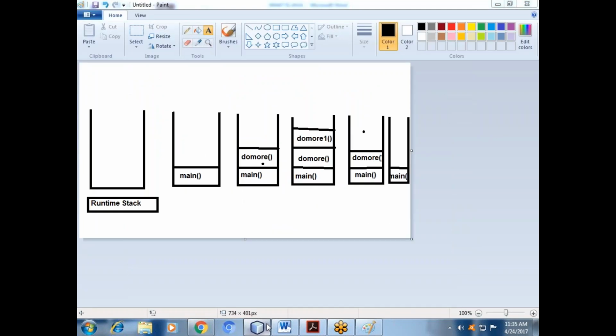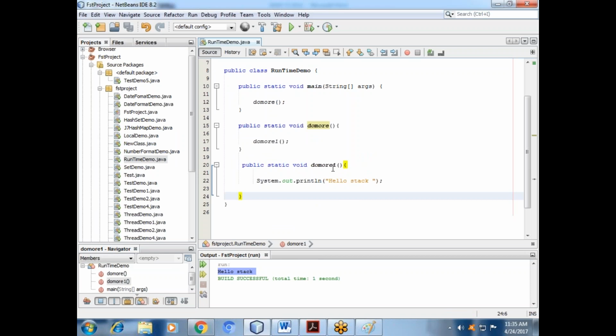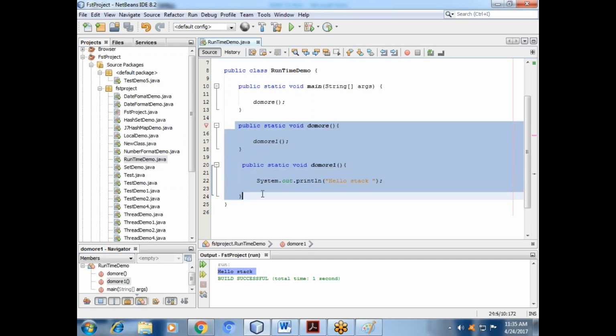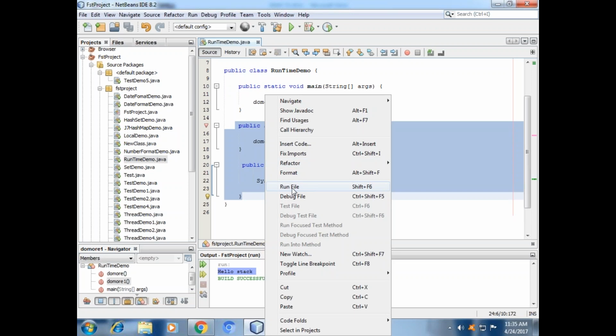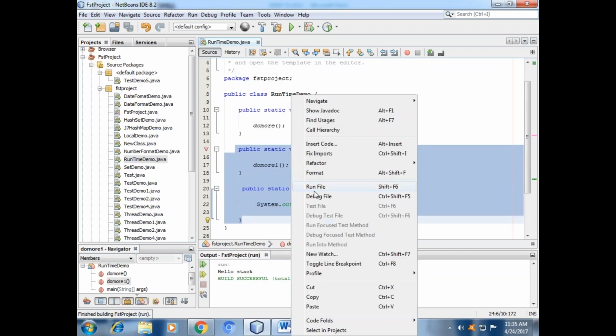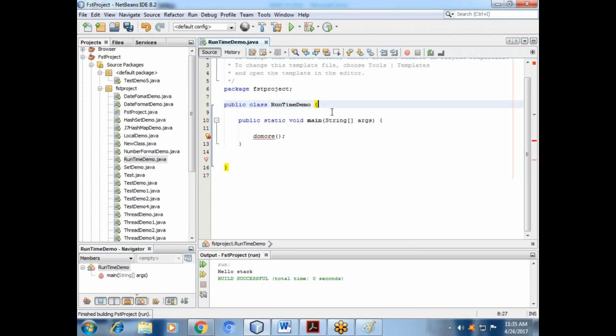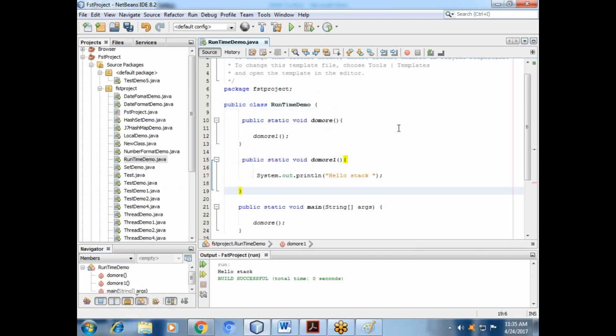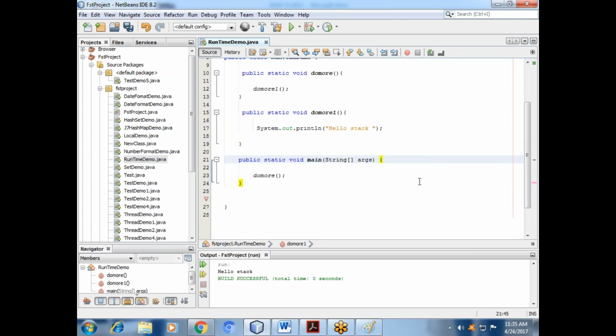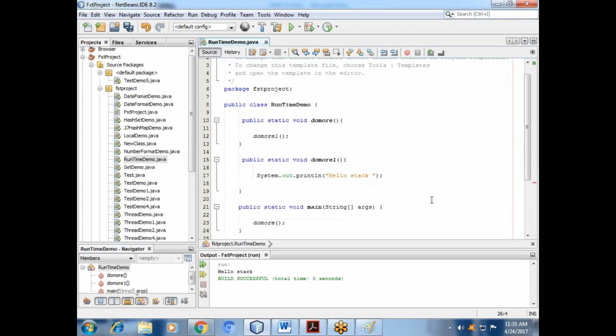If you copy the do more one immediately after the class, the same way it will execute. Pardon. Can you copy from 15 to 23 before main method? You are saying copy all these methods to after the class, you won't say before main method. Okay. In this way also, this scenario also, the execution is the same. This is the way.